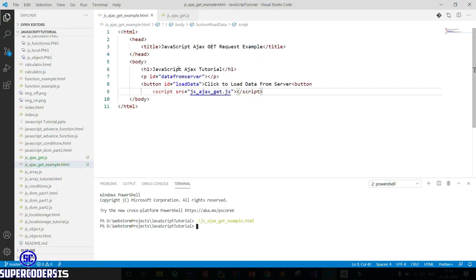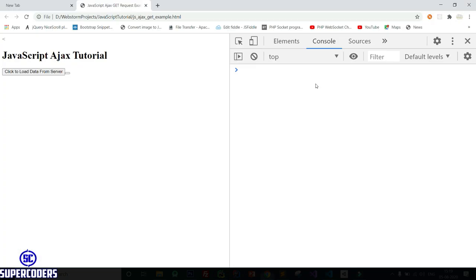Let's see the error. So you can see I forgot to close the button. Save it, and you can see the button click is also working. Now let's show the data from the server in this page.